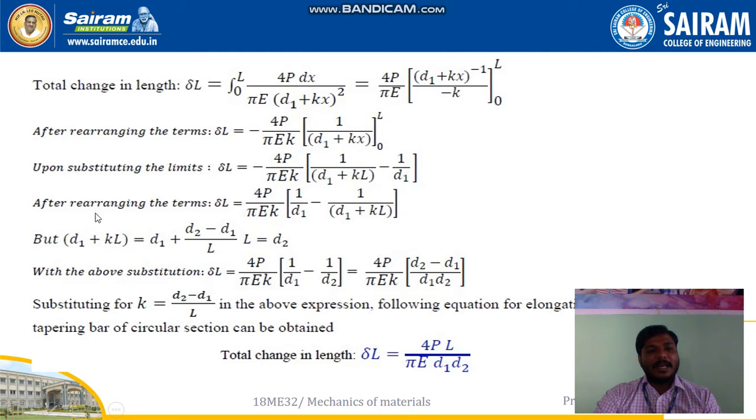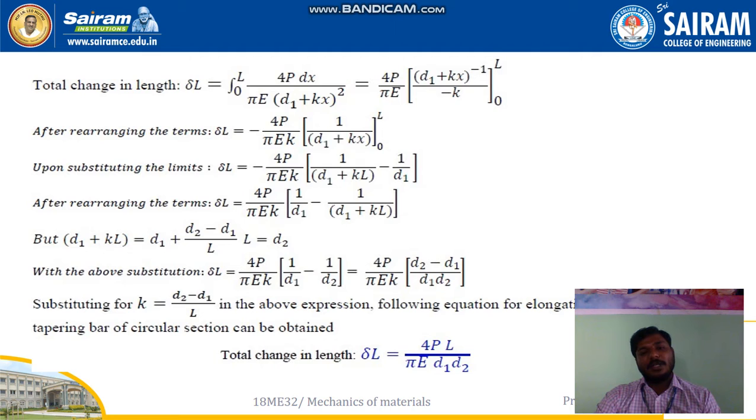Now again by rearranging these terms, we got 4P by pi into Ek, in the brackets 1 by d1 minus 1 by (d1 plus k into L). Here k is nothing but the difference between d2 and d1 divided by L. But d1 plus KL will be equal to d1 plus (d2 minus d1) divided by L into L, that will be equal to d2. Now by substituting all these above equations, finally I need to find out the change in length of this particular taper bar. So with this substitution, the change in length, that is 4P by pi into Ek, will be equal to 1 by